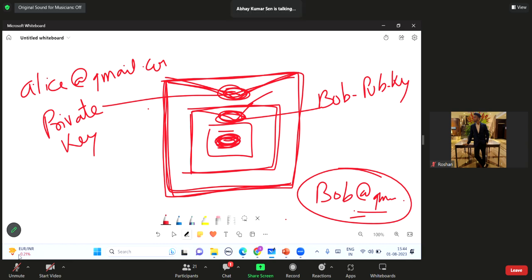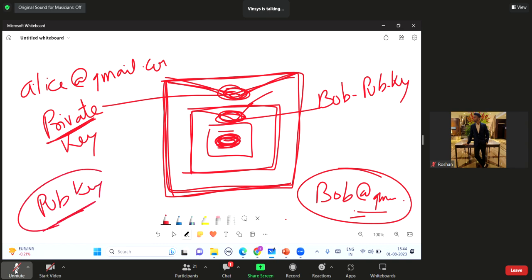Alice's private key? No. But ma'am, it is locked with Alice's private key. So what I told you: if something is encrypted with Alice's private key, then it will get opened with Alice's public key. If something has been locked with Alice's public key, then it will get opened with the private key. This is what encryption is. Now, if the outer envelope is locked with Alice's private key, then it will get opened with Alice's public key. You got it now?